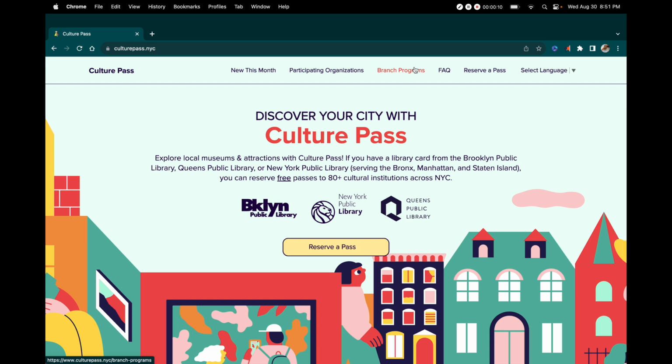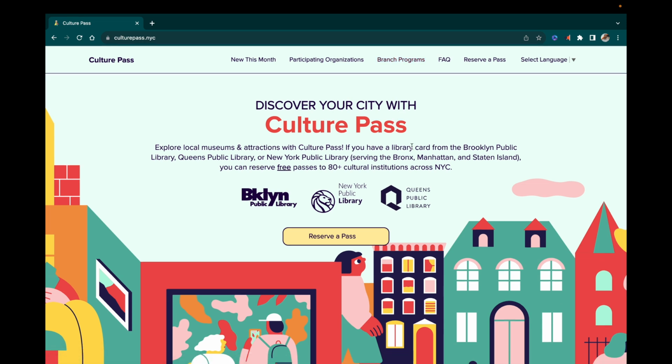So first thing you have to do is get a library card from either the Brooklyn Public Library, the New York Public Library, or the Queens Public Library. And in order to get one of those library cards, you have to be a New York State resident, or you have to work or go to school in New York City. So once you get that library card, you can come to